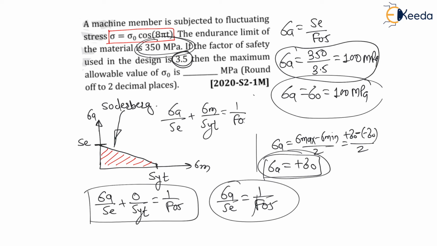So my dear students, here in this fill in the blanks you have to type 100, because they have already mentioned it in the question. So if you type 100, then you will get full 1 mark.